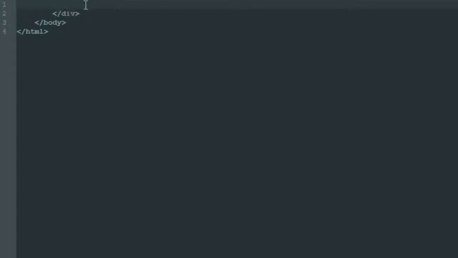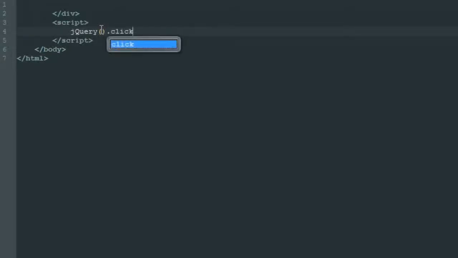Now right in here, or here, I'm going to start writing the jQuery. We're going to open up with a script tag. Now inside the script tag, we're going to open our first jQuery function. And we're going to say jQuery, again, in place of the $. And we want a click function. So when you click,